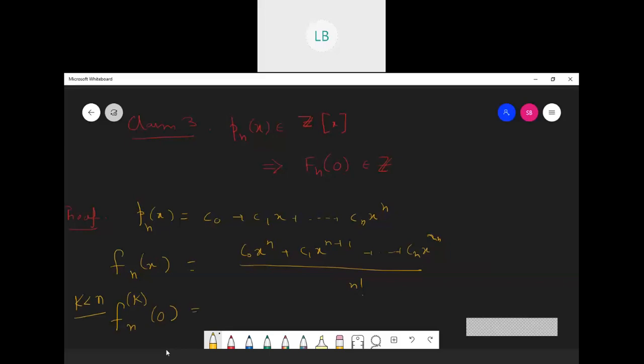Now if we differentiate this f_n k times where k is less than n, then in each term there will remain some non-negative power of x, right? So just follow my words and make sure it is clear to you. In each term of f_n, the power of x is at least n. Now when we are differentiating it k times, where k is strictly less than n,